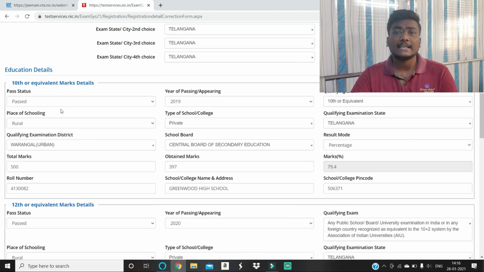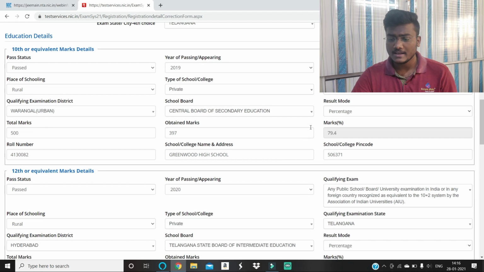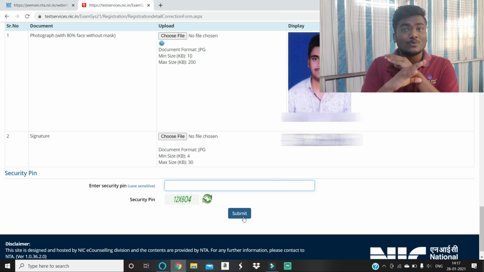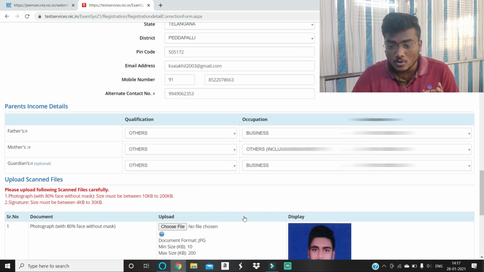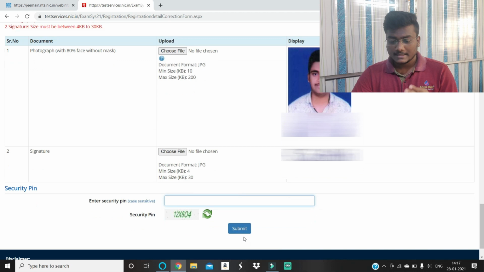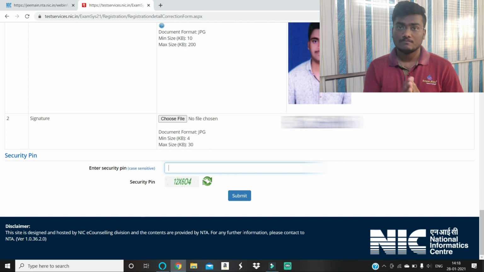Regarding the education details also, if you have made any mistake earlier, you can correct it now here. If you have made the changes successfully, just enter the security pin and click on submit. Once you submit, if you find again any mistake, you won't be able to change that. That's why once again, one or two times, recheck each and everything, then proceed for submitting this form. So this is the correction process. If you have made any particular mistake, check once or thrice before submitting after correcting the application form. The time is till 30th of this January, still 2 days are left.